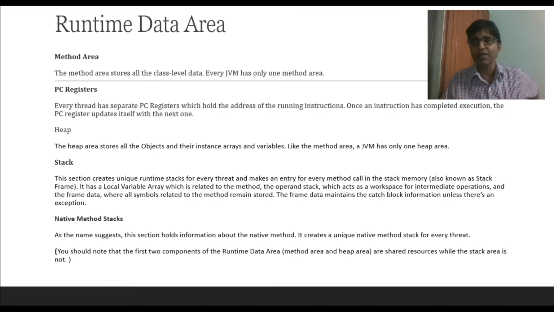In simple terms, what does the heap do? Heap stores all the physical information of the variables or objects. What is a stack? It stores the reference of the physical information that is stored in the heap, so the reference of the heap area. Now we understand these four important concepts.